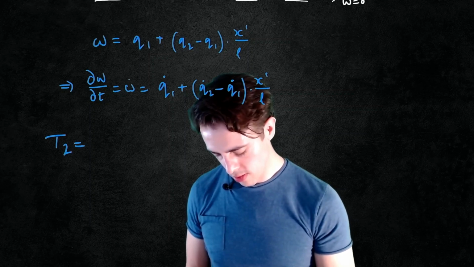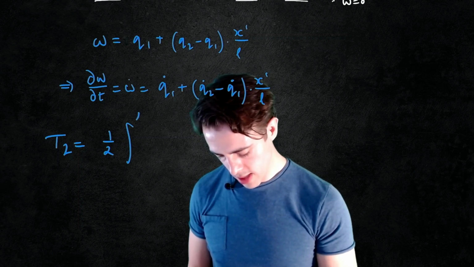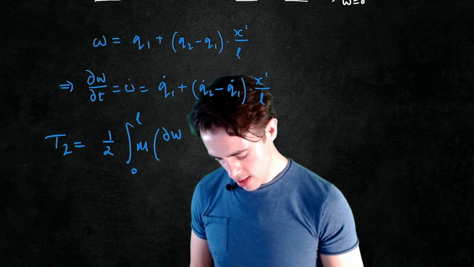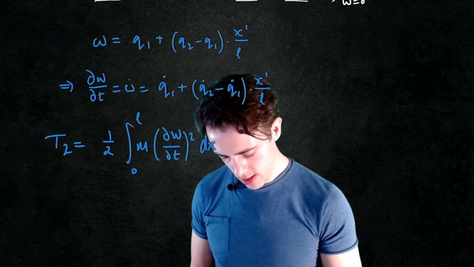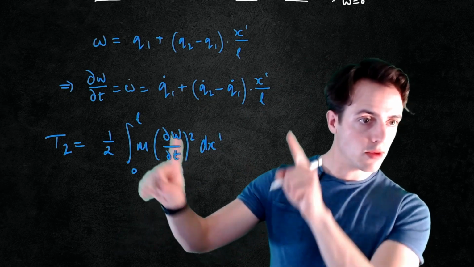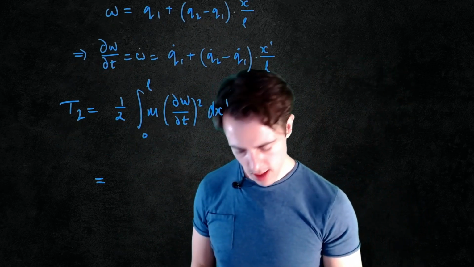T2 is equal to half the integral from 0 to L of m (dW/dt) squared dx prime. So square this bit first and you can see what you get. What we'll end up with is